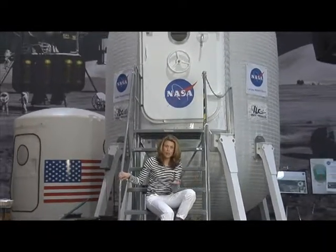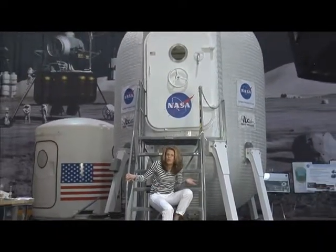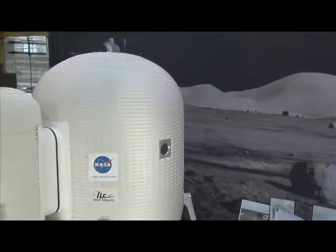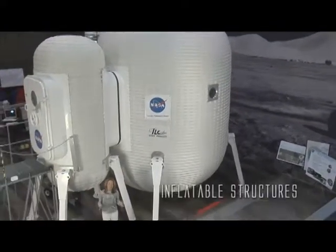So, are we talking condos? Are we talking apartments on the moon? Not quite. What will astronaut housing look like on the moon and Mars? And how will it be constructed? Let me tell you. Right now, the leading candidate for moon and Mars habitats are something called inflatable structures, like